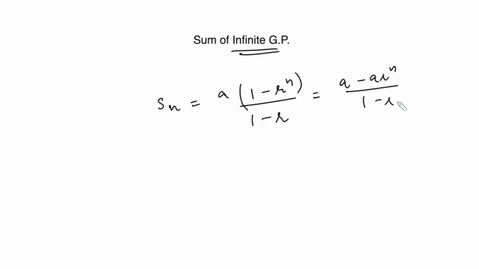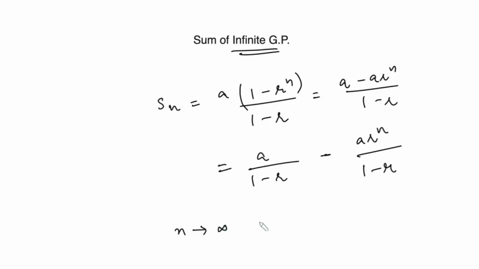We know that the sum of n terms of a GP is given as a times 1 minus r raised to the power n over 1 minus r, which can also be written as a minus a r raised to the power n over 1 minus r, or a over 1 minus r minus a r raised to the power n over 1 minus r. If there are an infinite number of terms in the GP, that means n tends to infinity and